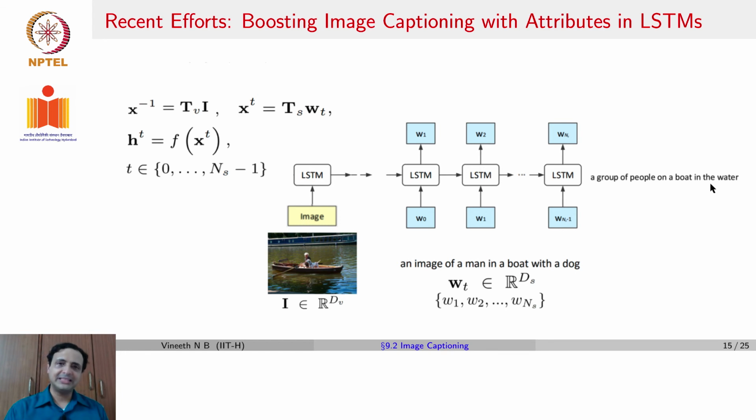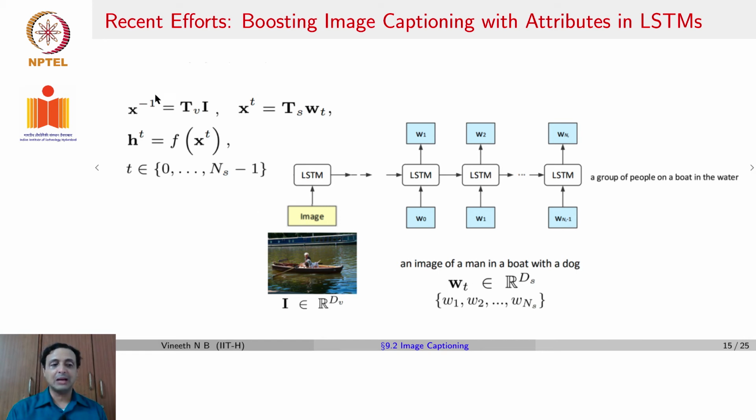In terms of more recent efforts, Show, Attend and Tell was a paper published in 2015. More recent efforts have explored image captioning in a few different ways, and let's see a couple of different examples. In one work in 2017, the idea was to see if the performance of image captioning could be boosted with attributes in LSTMs. So if you had an image I and a set of words that form the caption W,